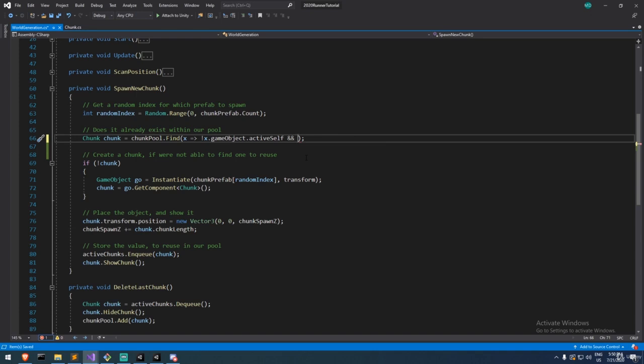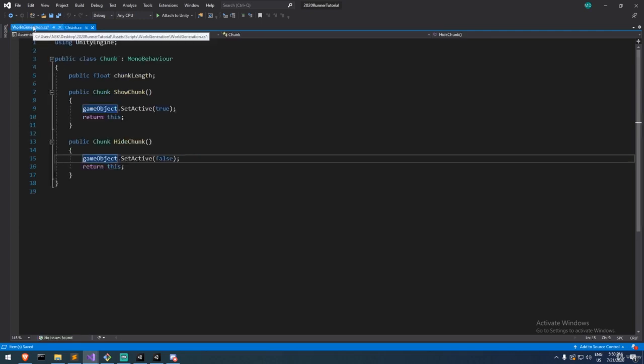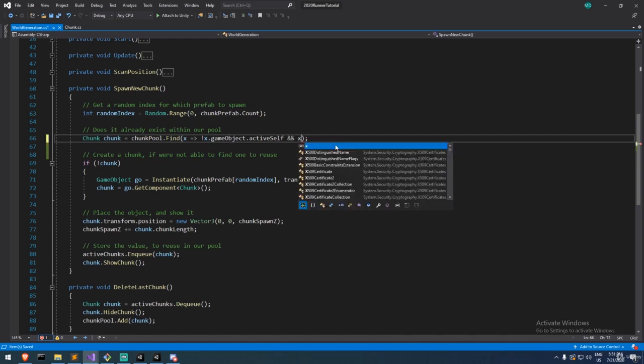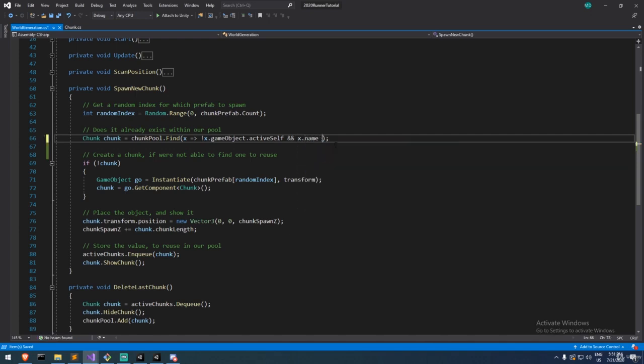Now, there is multiple ways we could have done this. We could have stored the index within the chunk.cs. This is actually what I've done prior, but I realized that we can do it in a much more efficient manner. That is just to look up the name, really. So we're going to have a different name for every chunk. We can just do it that way. We could do it with a hash of the prefab, but that's a little bit more complex, so I don't want to get into that. So here's what we'll do. X.name should be equal to the random, actually the chunk prefab at the index, random index